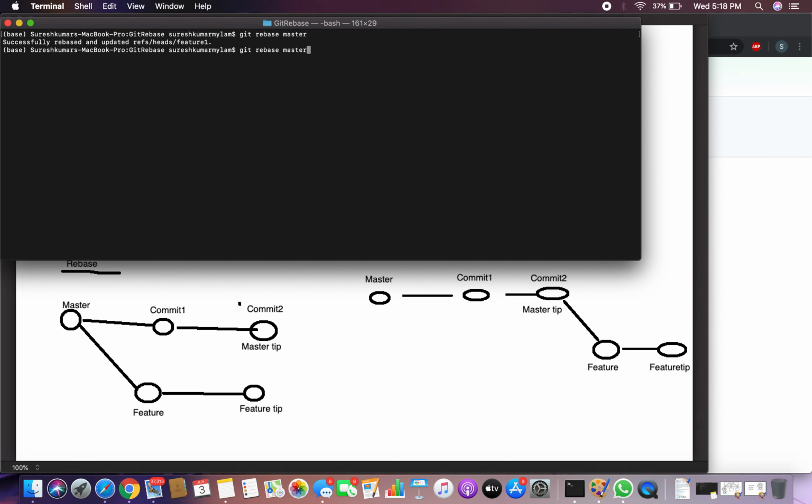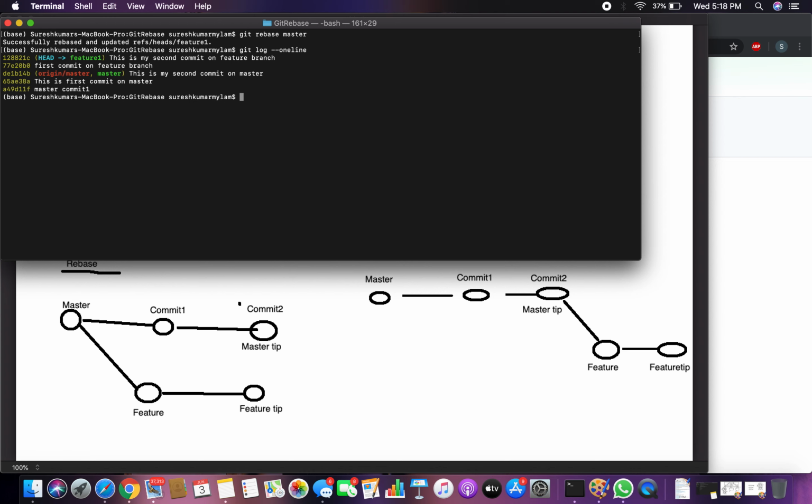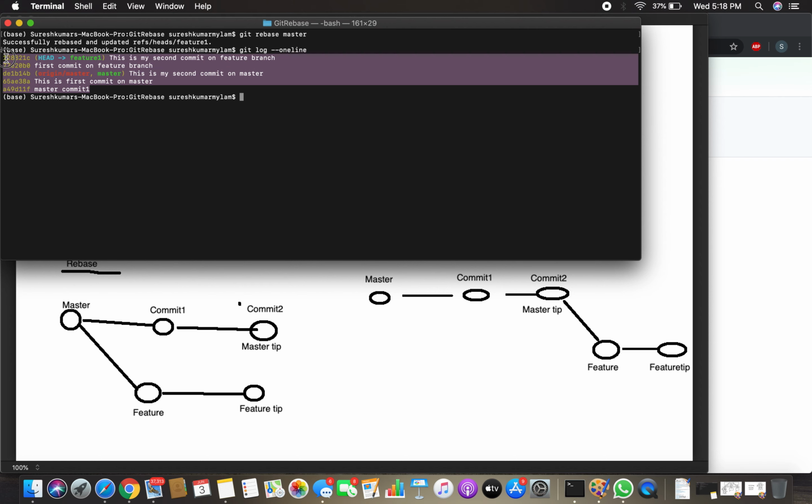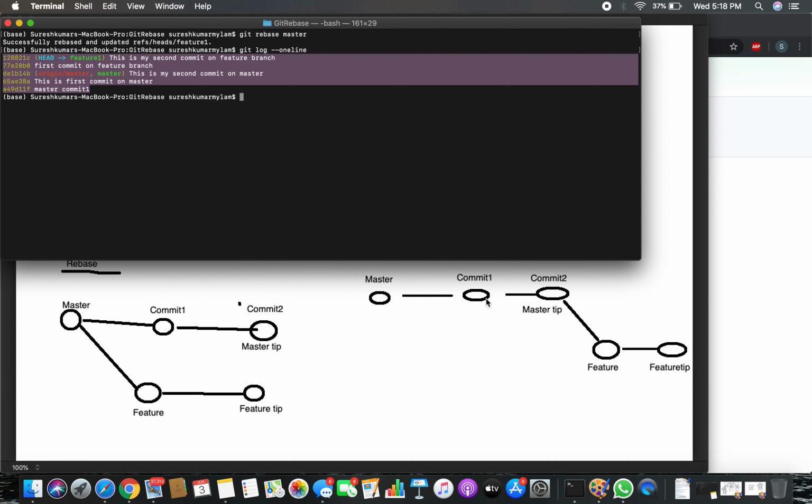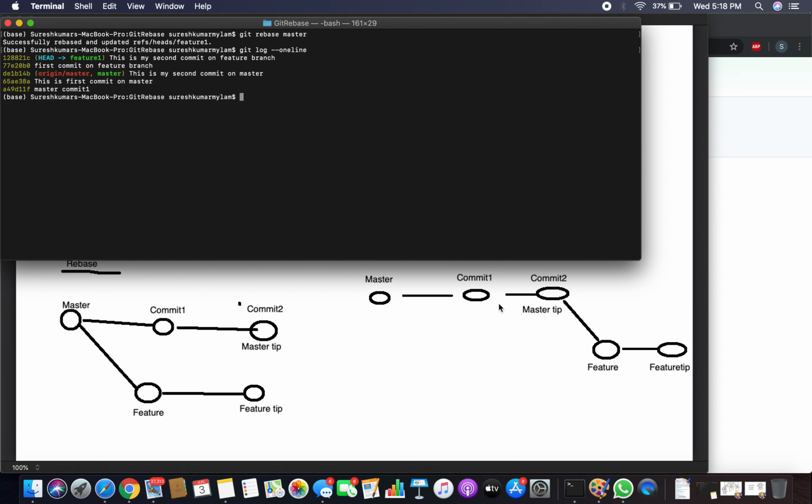Now if you run this git log --oneline command, you are seeing there are 5 commits. First thing is the master commits, and what are the master commits? This is the first commit on master, and this is my second commit on master.